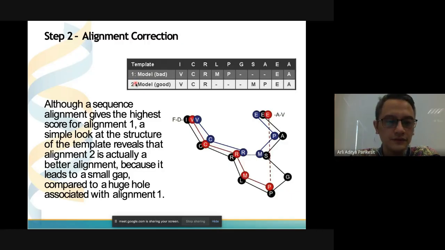Model 2 leads to a smaller gap here. In model 1, it will lead to a very huge gap here, like VCR, MP, and then a gap here, and then you get EA. The gap is too long. But in model 2, the gap is only this tiny thing. So this is a better model.